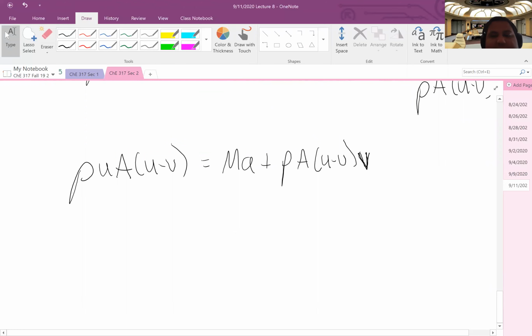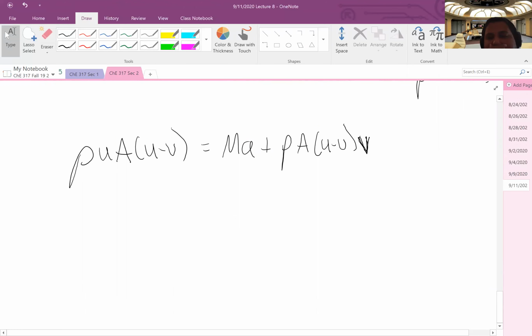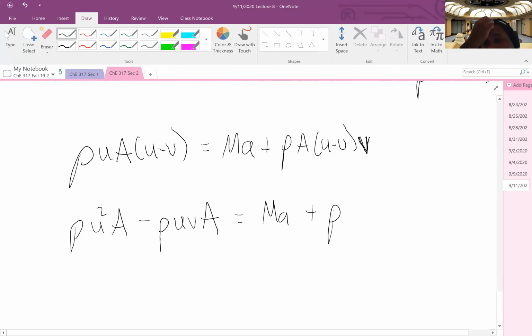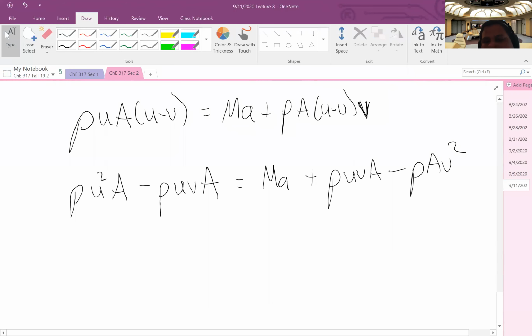If I distribute this, I have rho u squared A minus rho u v A equals mass times acceleration plus rho u v A minus rho A v squared. It looks a little messy, but